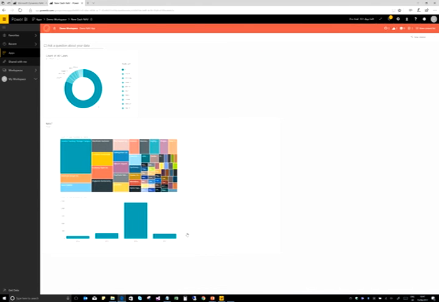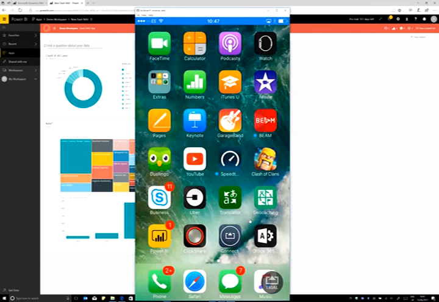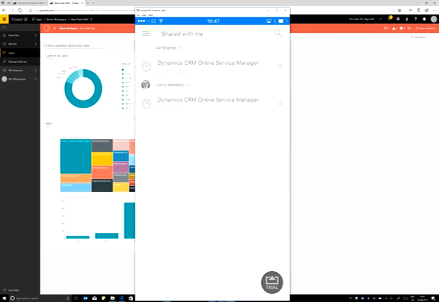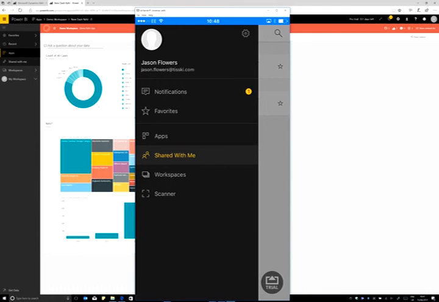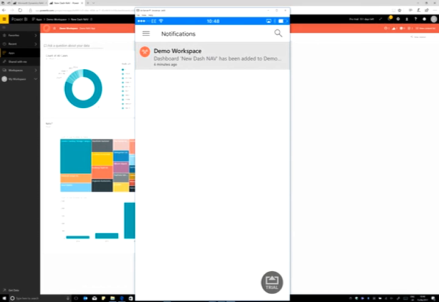And if I look at the menu system, you can actually see that it's very similar to the workspace within the website, and it actually does provide notifications. So you can see here that it's actually notified me that there is a new dashboard, and we can actually see the dashboard here. So as well as being able to navigate the same workspaces, the same reports and dashboards within an iPhone app, making it mobile,